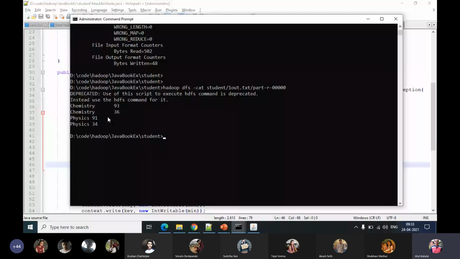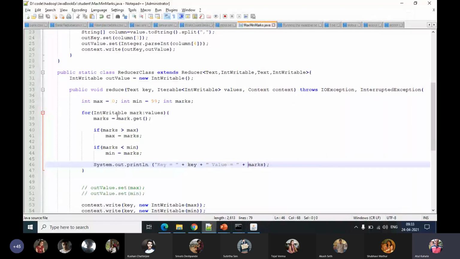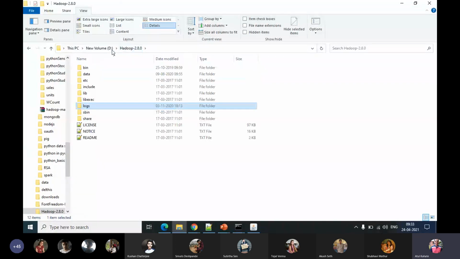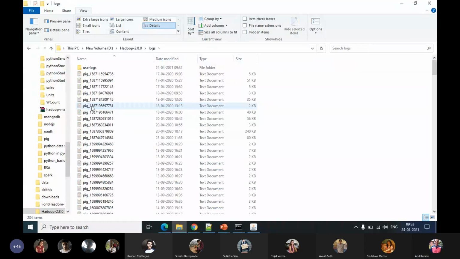Maybe we'll not understand how it directly wrote this, although the logic, of course, intuitively tells us that it should have worked in a certain fashion. But if you add this statement and then you run the code, then something interesting happens, which I want you to note. So in the Hadoop directory, inside the logs directory, you will see something called user logs.